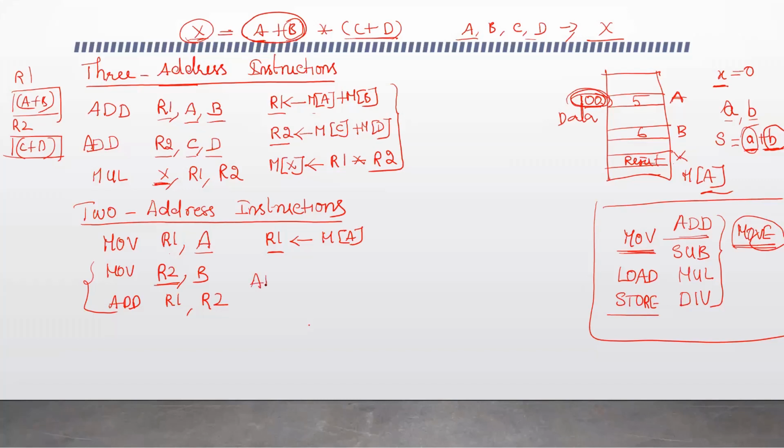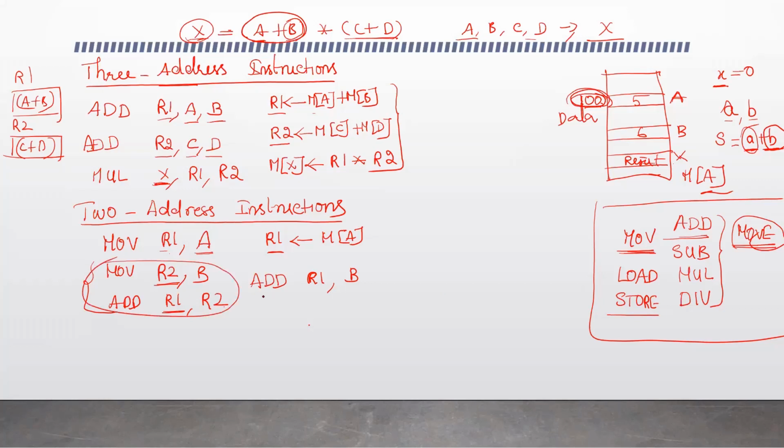It is add, as we can use 2 address fields. The first operand A is in R1. So we can write add R1 comma B. Correct. We don't need to write these 2 statements here. Generally we move the first operand to R1, the second operand to R2, and then add R1 and R2, so the result will be in R1. We can write this way, or to make it simpler, we reduce these steps.